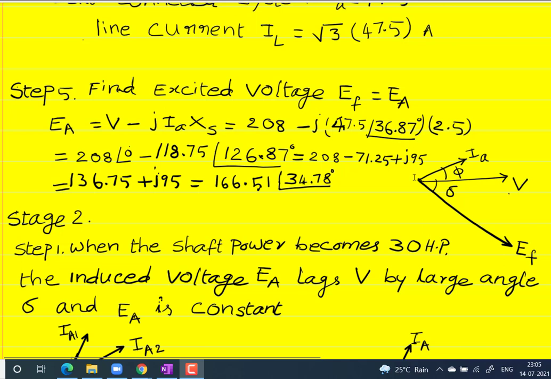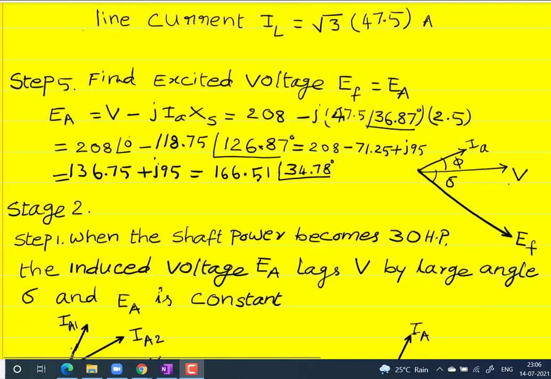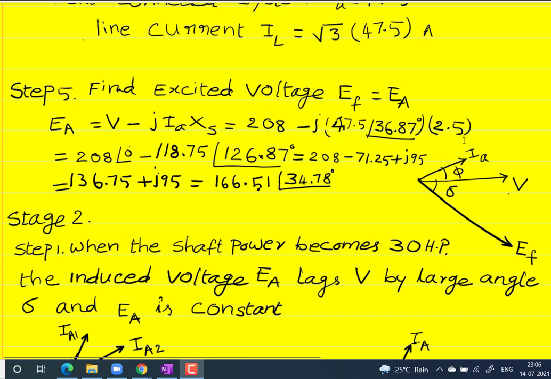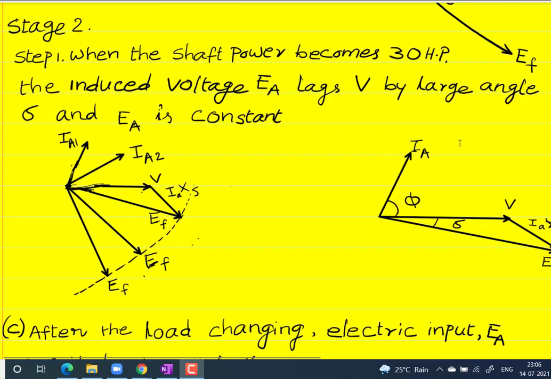So we can draw these parameters on the vector diagram. This EF is nothing but EA, and V is known, that is 208 volts, and IA is also calculated, that is 47.5 amperes. So next, stage 2,